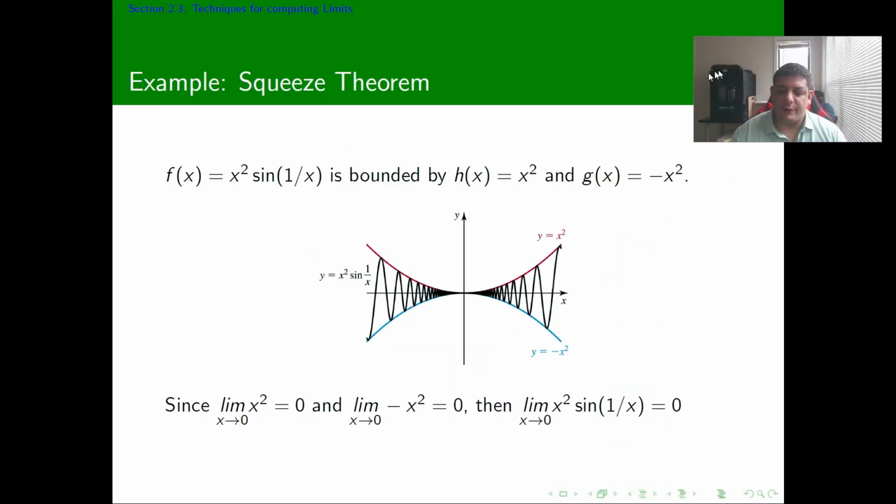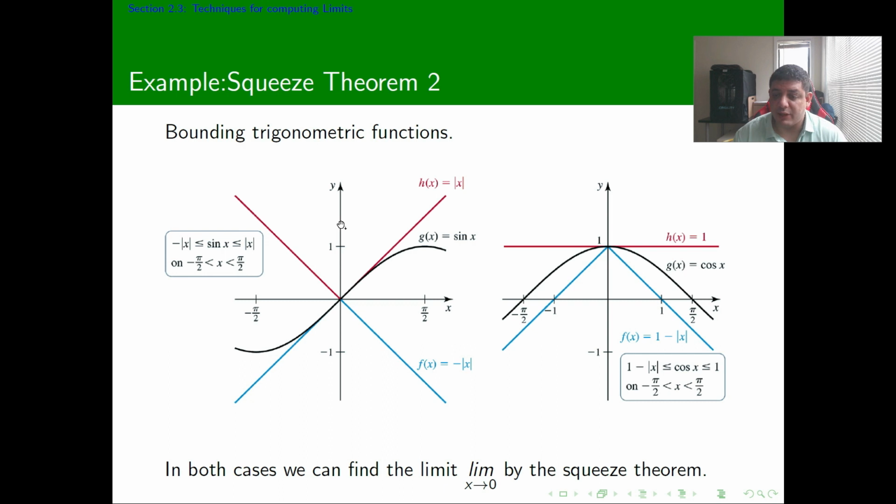Now, of course, part of the difficulty of this is setting up the situation of one function bounding the others. Another example of this will be to consider the function cosine of x. It turns out that the function cosine of x is less than 1. We know that. Cosine of x is also between minus 1 and 1. However, that's not going to work here. We want to measure also